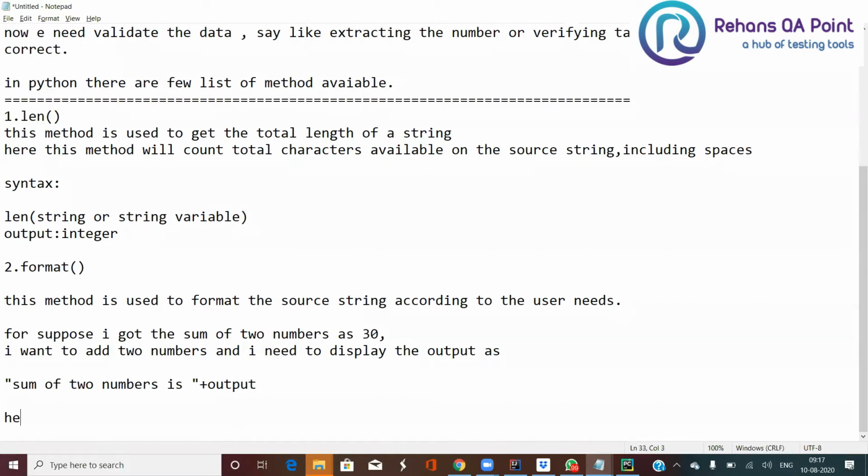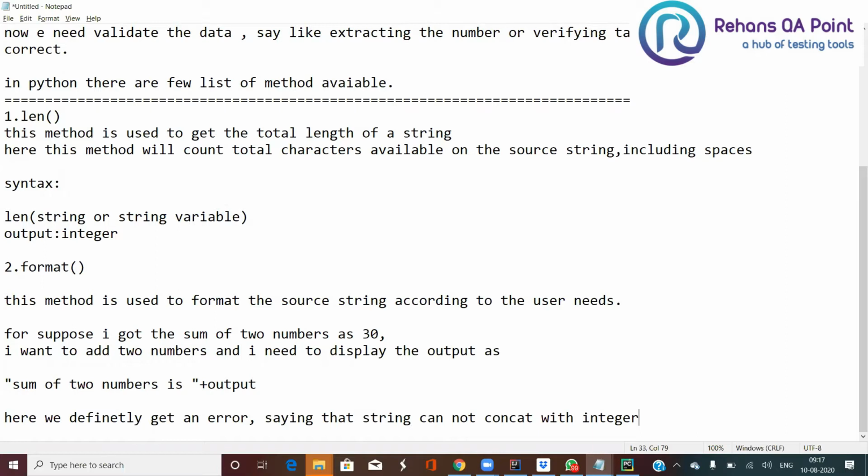So here we definitely get an error saying that a string cannot be concatenated with an integer.